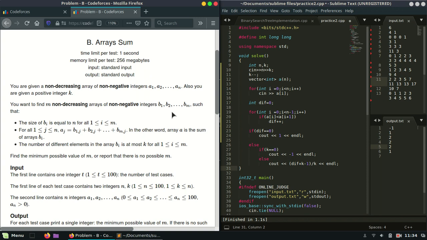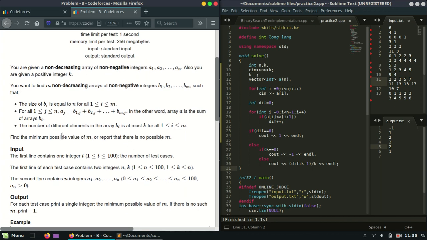What that integer m denotes is that there should be m arrays named b1, b2, b3, and the size of each array should be equal to n. The jth elements of all m arrays should sum to aj, and all the elements should be less than or equal to k. Not greater than k.